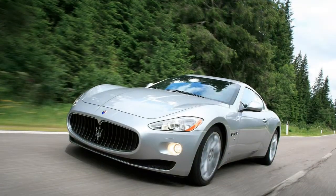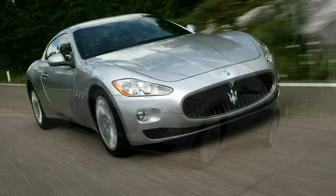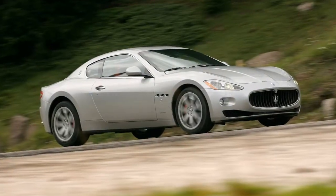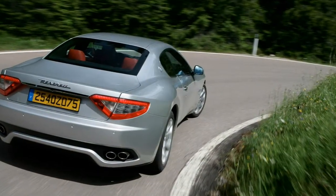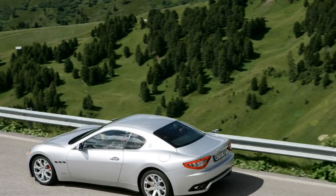It's an automatic on the standard model with a manual model allowing you to change gear via steering wheel paddles. However, it never allows you full control and isn't as enjoyable to use as a manual gearbox. The S has a different system that uses 2 clutches to offer superfast changes, hence the name Duo Select. To confuse matters further, there is also an S automatic model which is fitted with the same gearbox as the